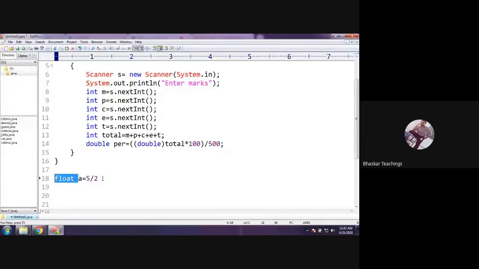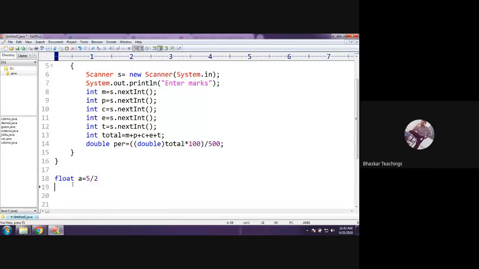No, first it will check the right hand side. It will not bother whether it is int or float or char anything. First it will do the right side operation, and it has generated 2, and this 2 will be stored in the variable at left hand side. And what is that variable? A of type float. So 2 is going to be stored in A, but this is float, right? Therefore it will be stored as 2.0. Actually the answer should be 2.5.